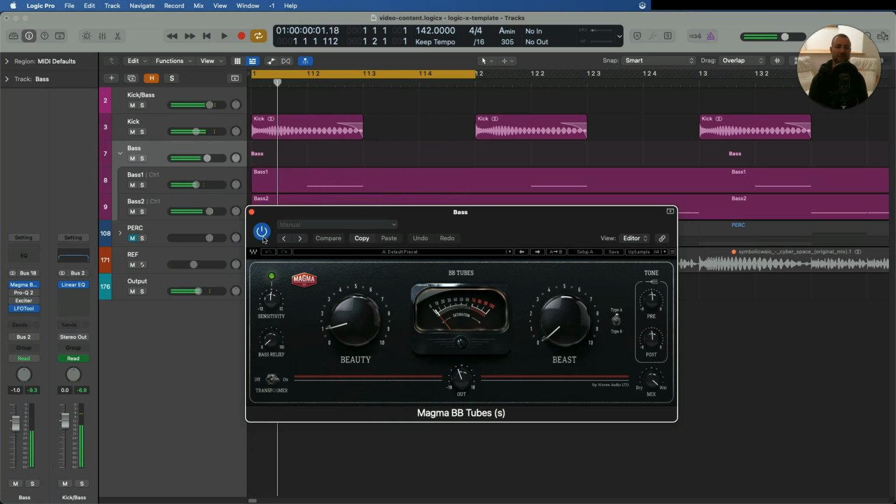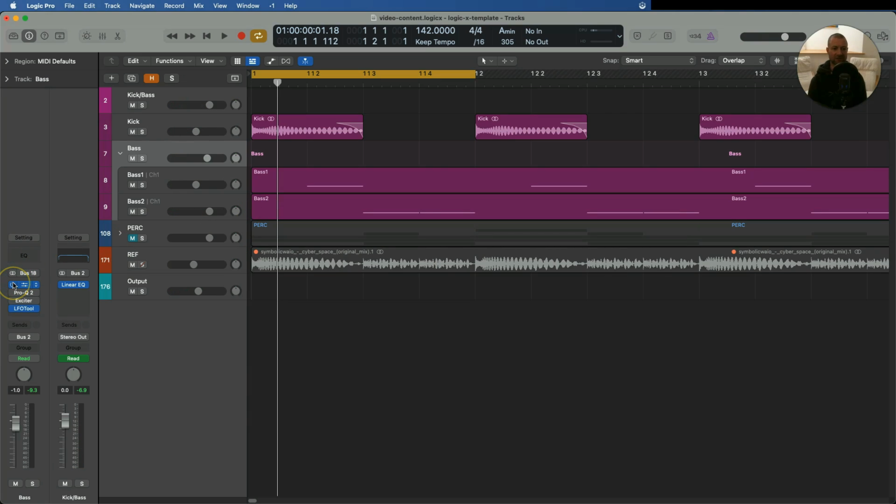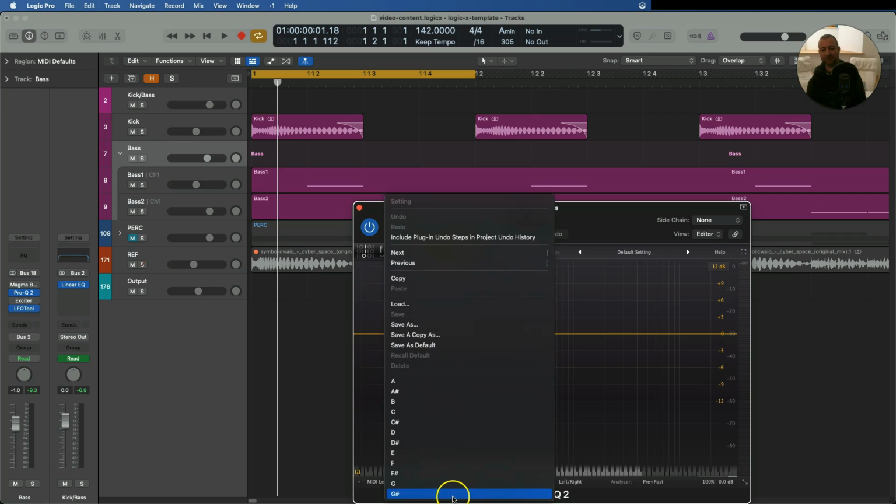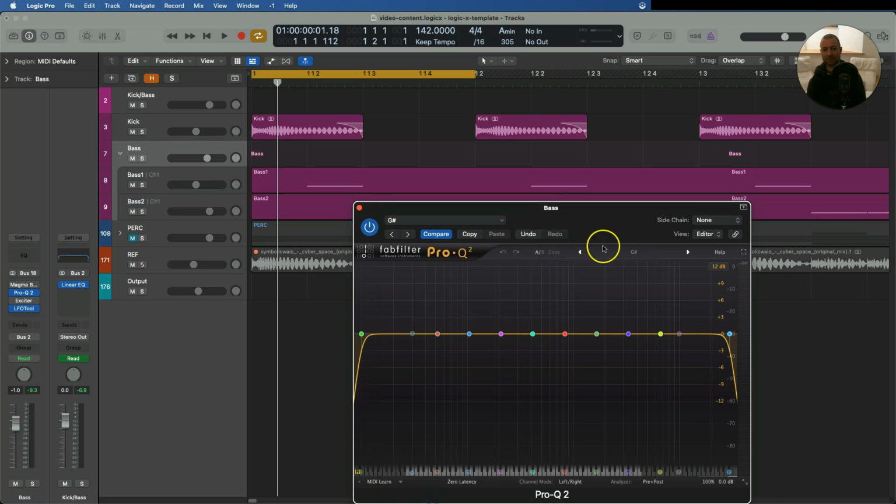It depends. Sometimes it improves things, sometimes I find it rounds things off too much. So that's just a matter of taste. Sometimes I use that, sometimes I don't. Then I've got another Pro Q2, and again, I use the same starting point, so G sharp,